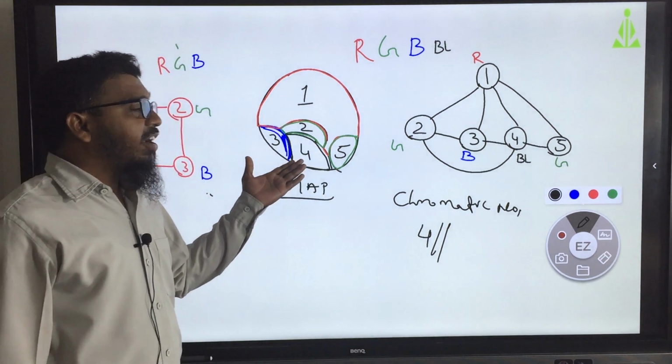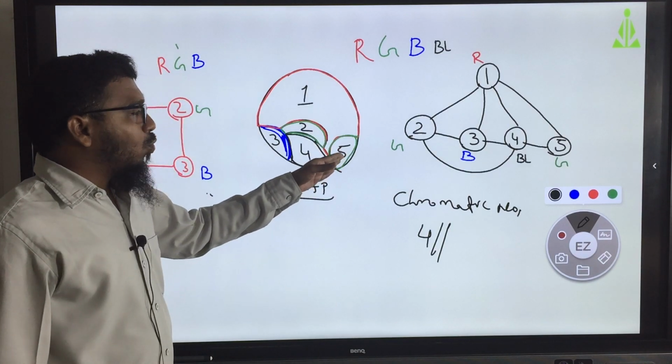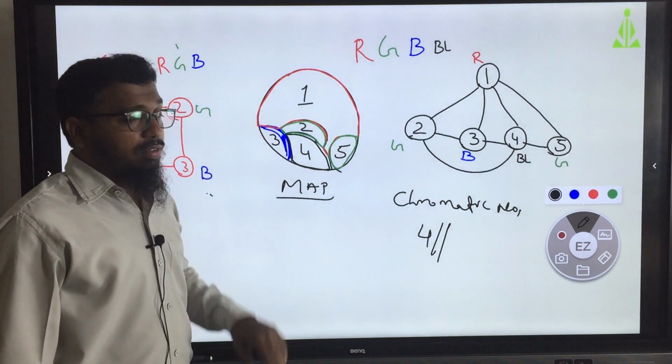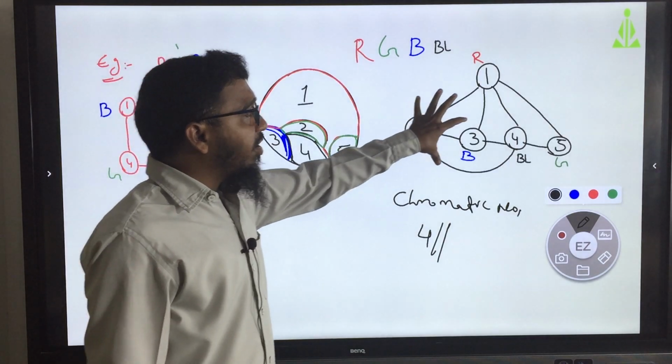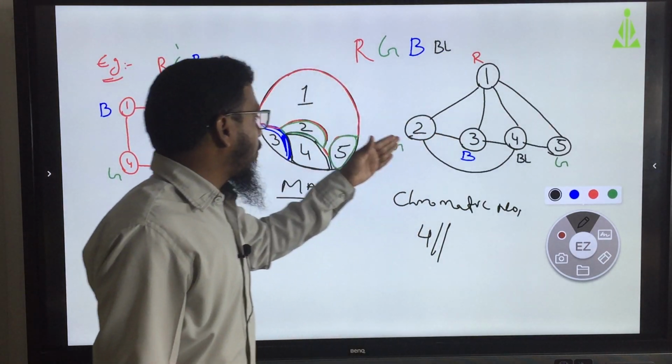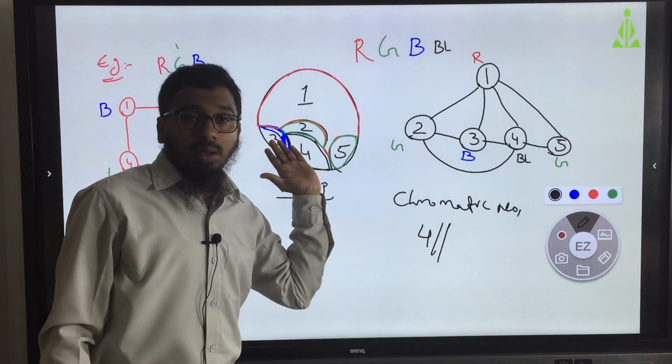So, you can easily identify this green 1, 2, 3, 4, 5. Whatever color you have given, that we have implemented in the map.